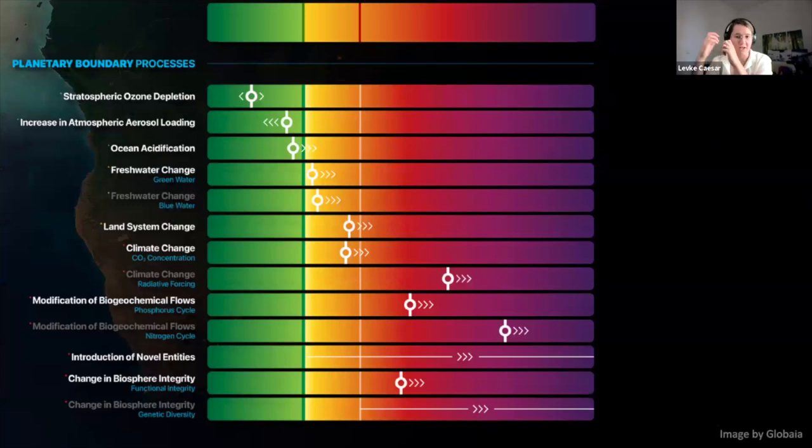So for this diagnosis of planetary health, it's important to note that each of the 9 planetary boundary processes, and they're listed here again, is represented by 1 or 2 measurable indicators, which we call the control variables, that are listed down here, which is also why you have 13 rows here, because some of the planetary boundaries have 2 control variables.